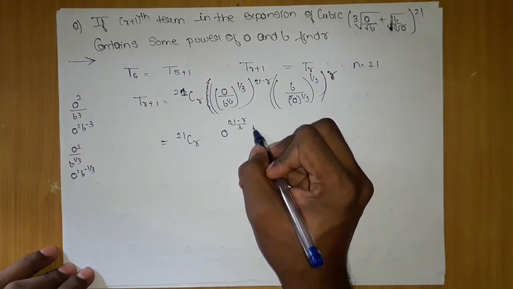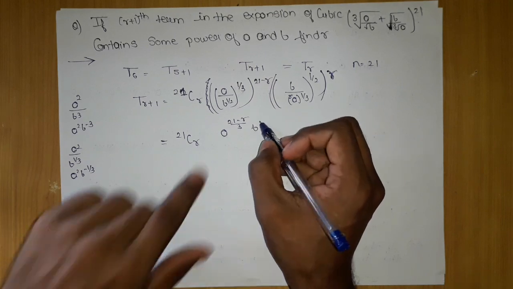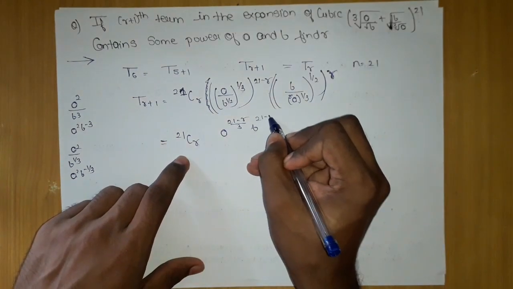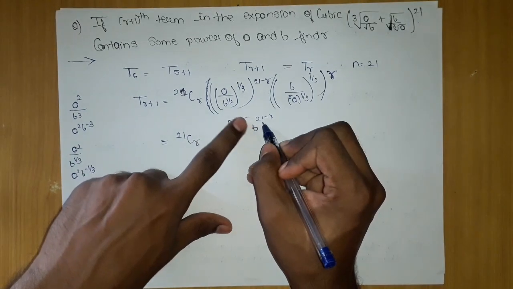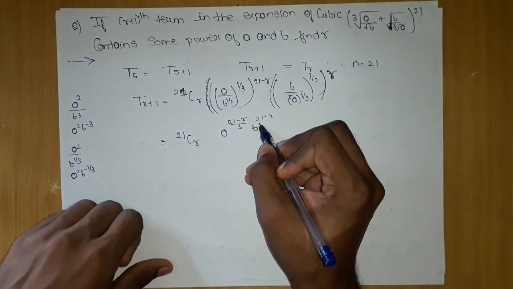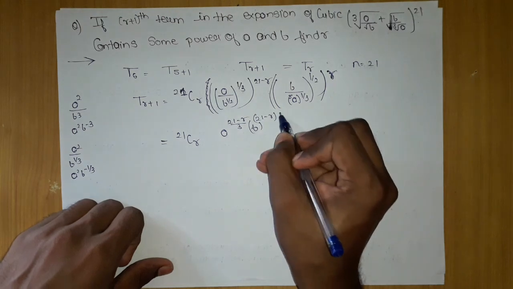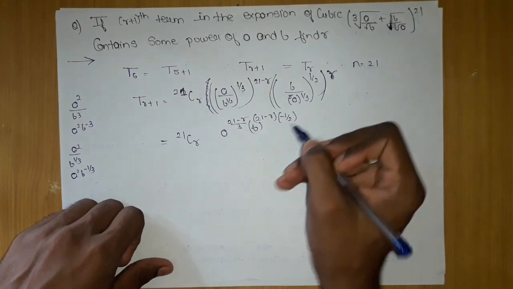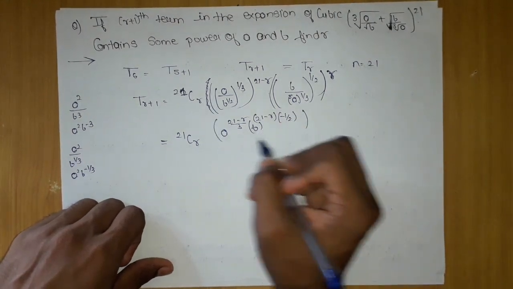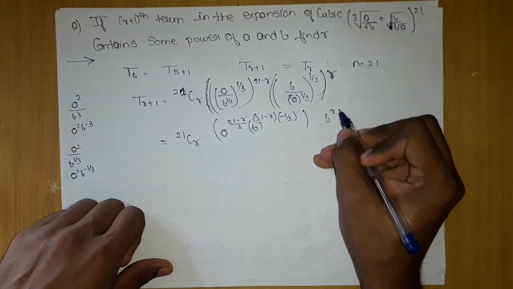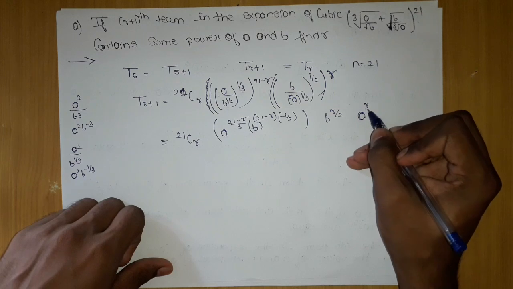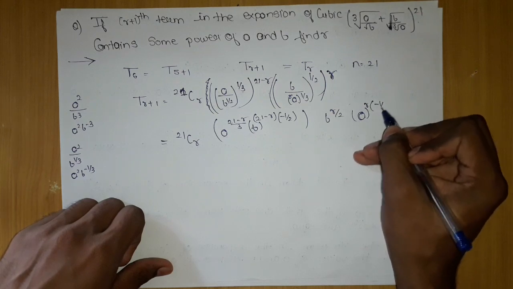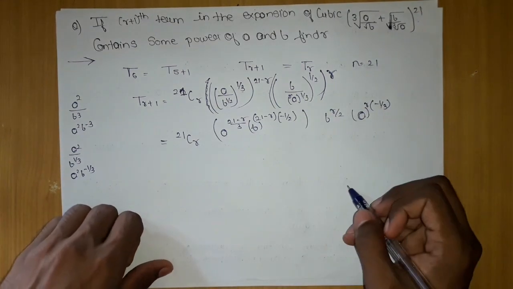So what will happen here when you move it? It will be 21 minus r, the power will also come to this, b to the power 21 into this power multiplied by minus 1 by 2. And here this is my one term, and here b power r by 2 is one term, and here a to the power r, which will be multiplied by minus 1 by 3, because this a will move up.